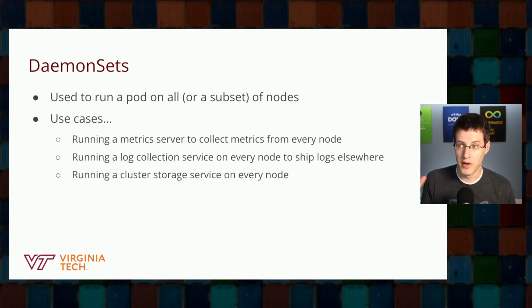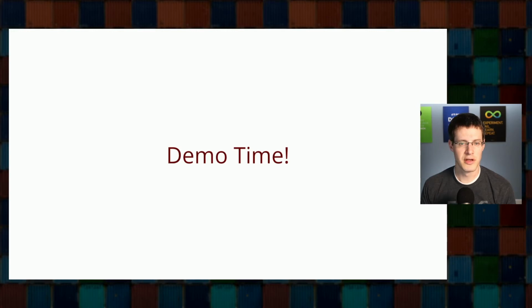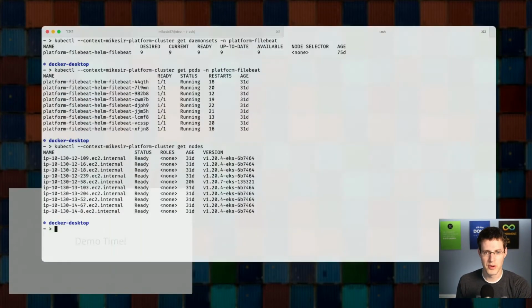And in order for a container to use an EFS mount, for example, that EFS needs to be attached to the node, and a DaemonSet little agent can help make that work. Defining a DaemonSet looks just like the deployments or replica sets that we saw, the only difference is now we're not specifying replicas, because that's going to be based on the number of nodes that the pod may be working on. So in this example, we're not actually going to deploy anything, because locally on Docker Desktop, I only have a single node, but I will show off just a little bit of our